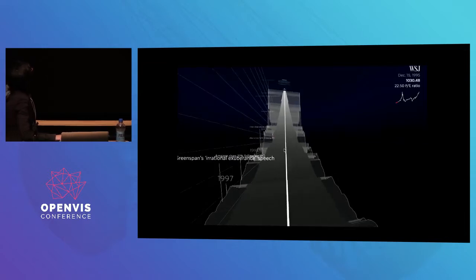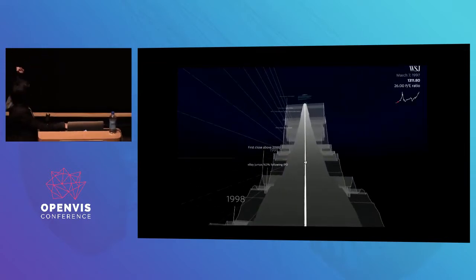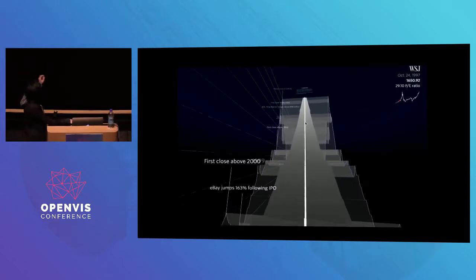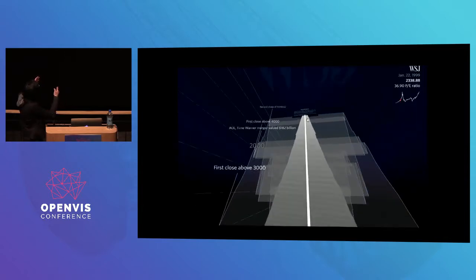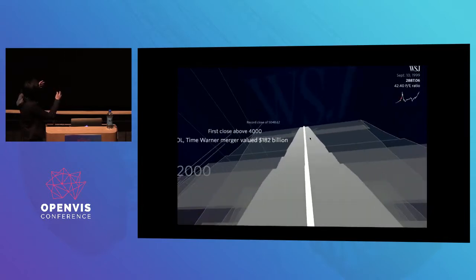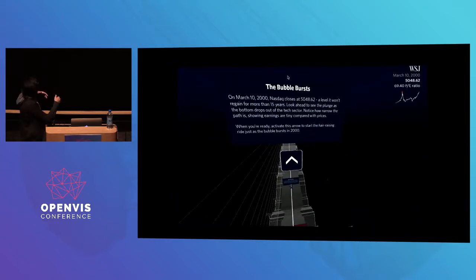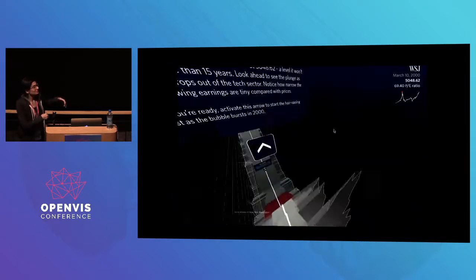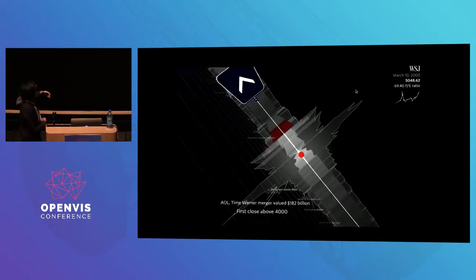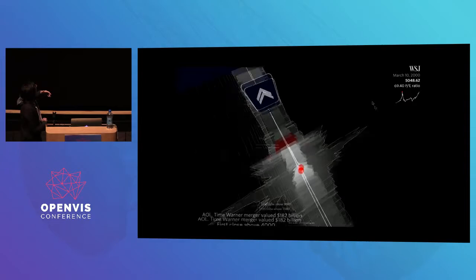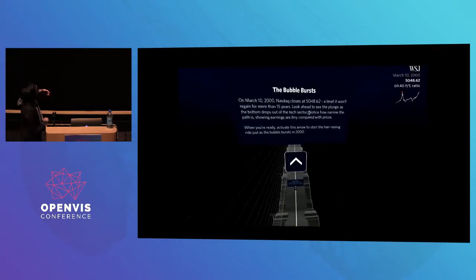pre-2000 boom. You can see elements going by on the left-hand side, like a timeline. And the path that you're walking on is mapped to the inverse of the price-to-earnings ratio. So as you are approaching the top, that path is getting really, really skinny. And you can look down and see, man, that is a skinny path. That is dangerous. And that happened really fast. This is really steep. And we're about to go down.